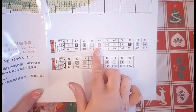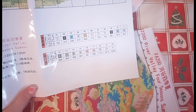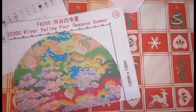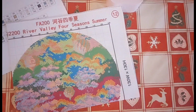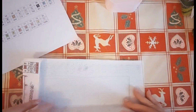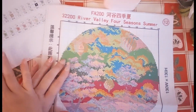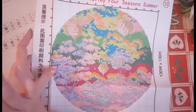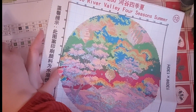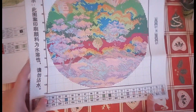So there's all the symbols here, but the symbols here, okay, are different to the ones used on the cloth, so you must remember that, because that's what threw me off when I first started. If you're a beginner, it can be a bit like, well, where's that symbol, if you're looking at it like you would diamond painting. Doesn't work like that with cross stitch. They basically do a different symbol, especially with Joy Sunday kits, or this type of kit even, on the chart on the little booklet that comes with it than down here. So you can see it's completely different. Okay,